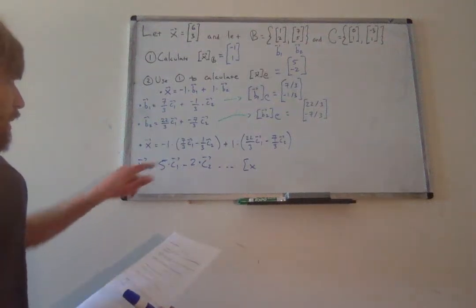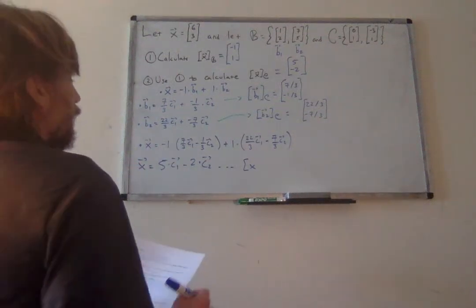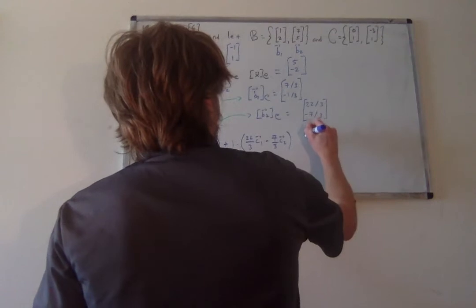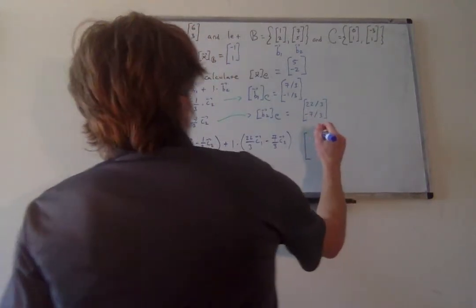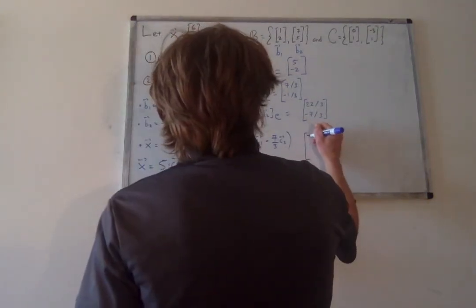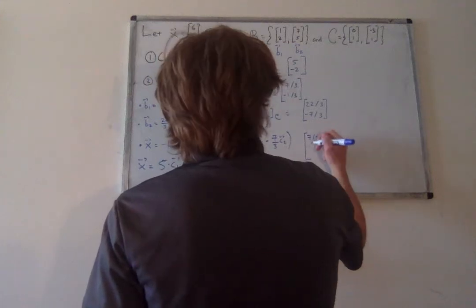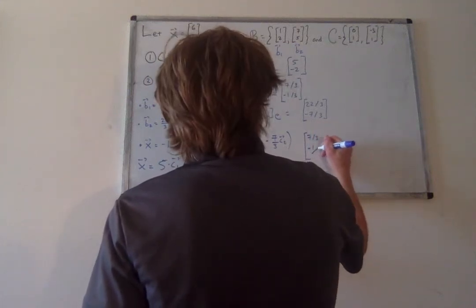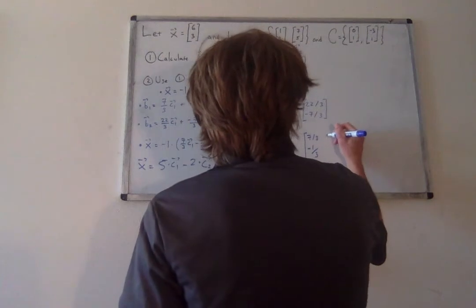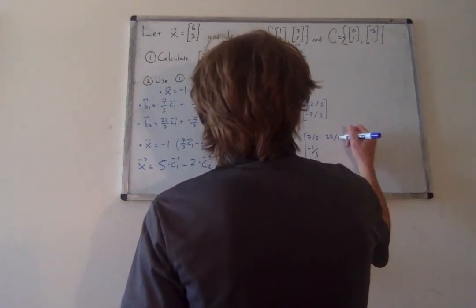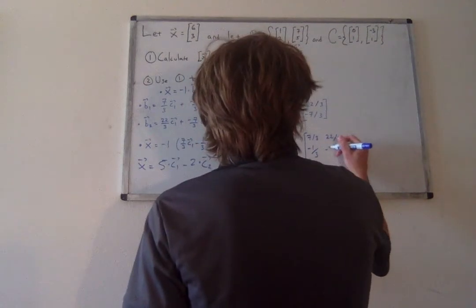So notice that if I take the following matrix, whose columns are given by the B representations under my C basis,